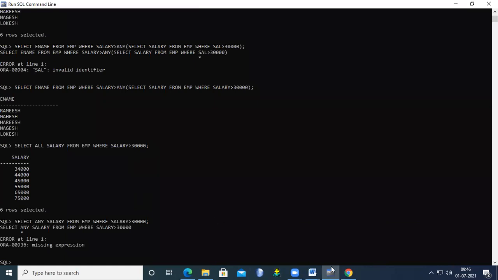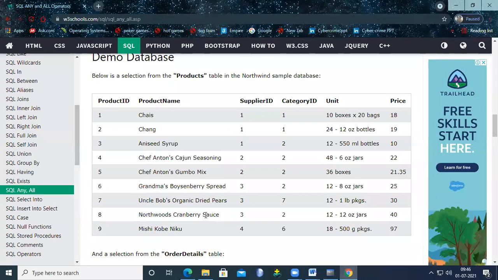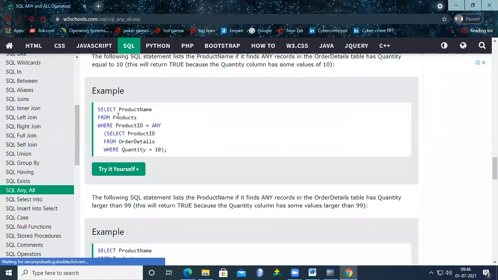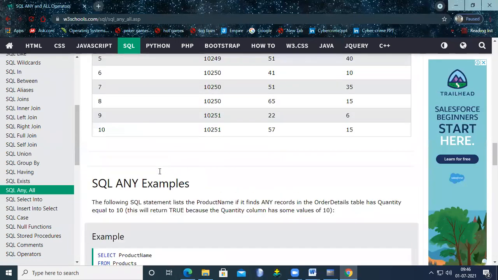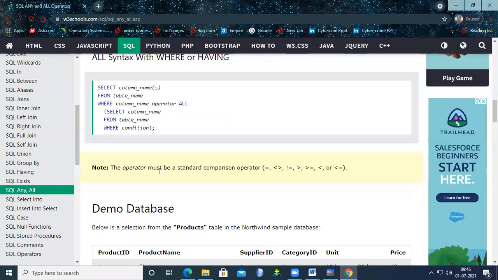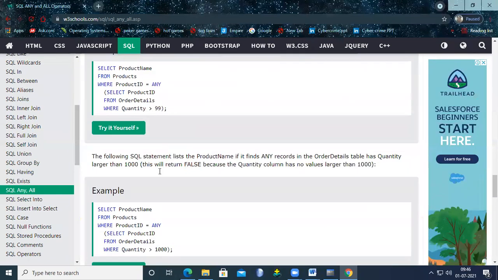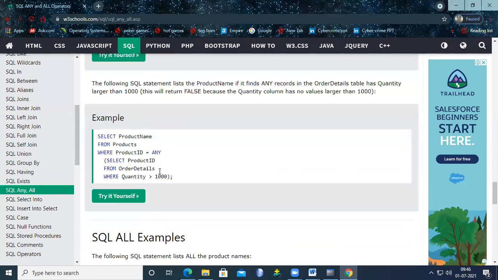I think this is the wrong syntax. What is the syntax for the any? Here we are using some separate one: select product name from products where product ID equal to any.